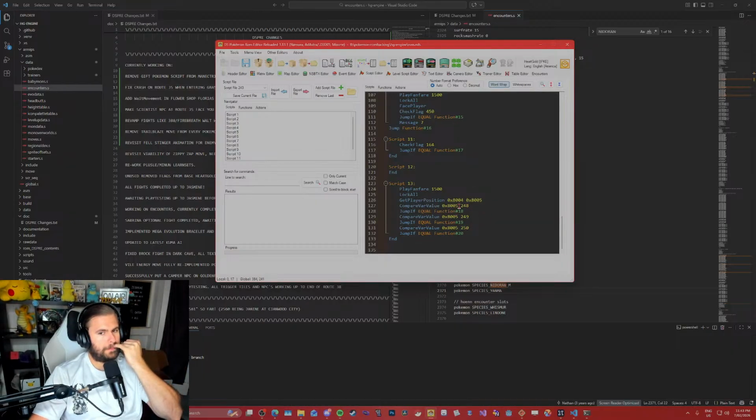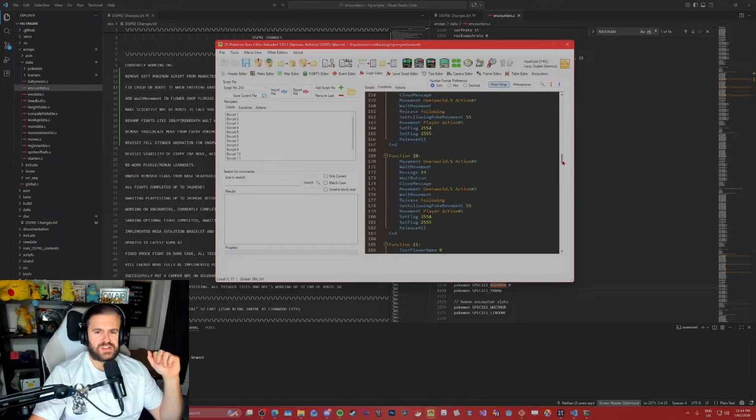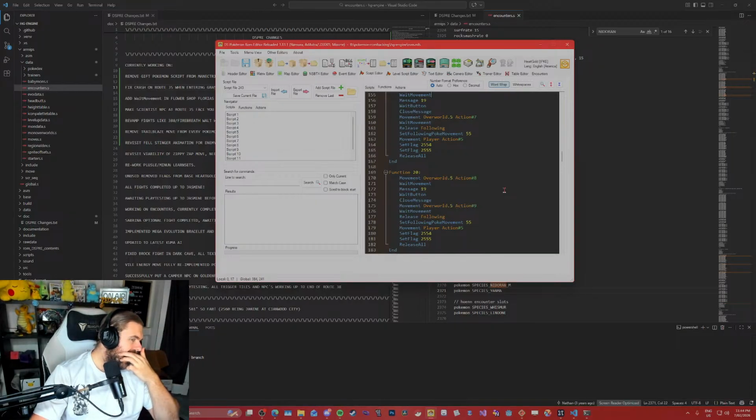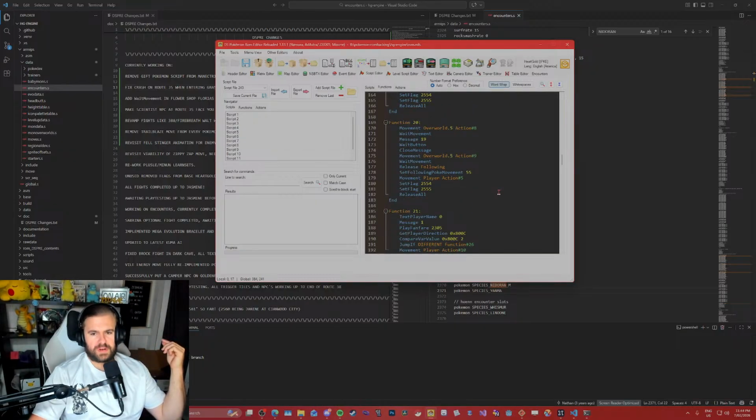Depending which tile you land on. Well, it does have wait movement though, so why doesn't it wait for the movement before it plays the message? It only does it on the first time, but it won't do it any other time.